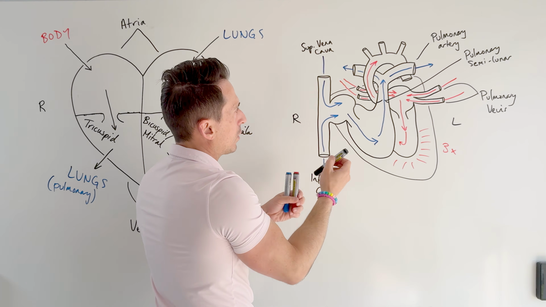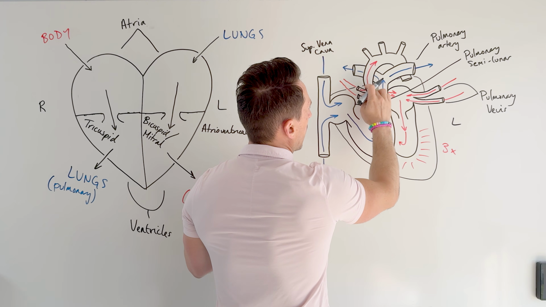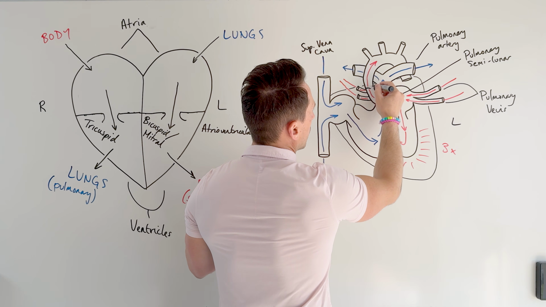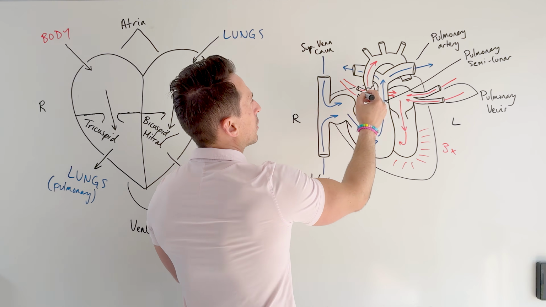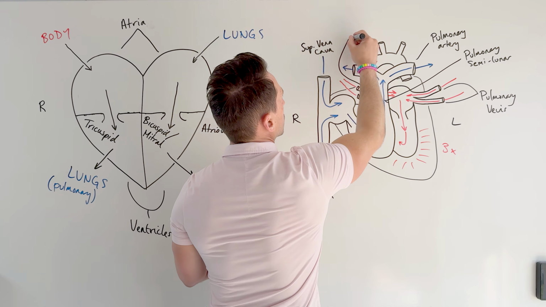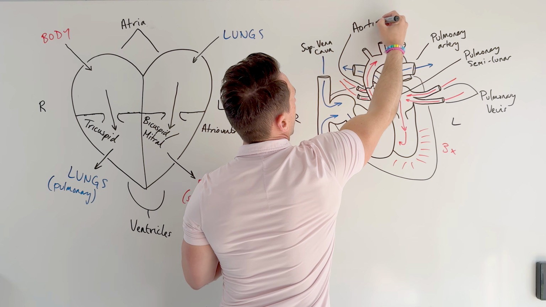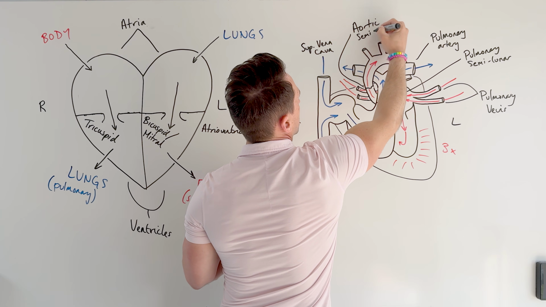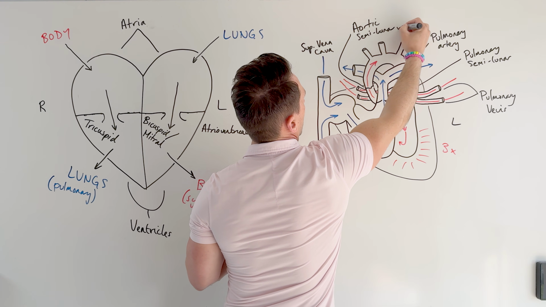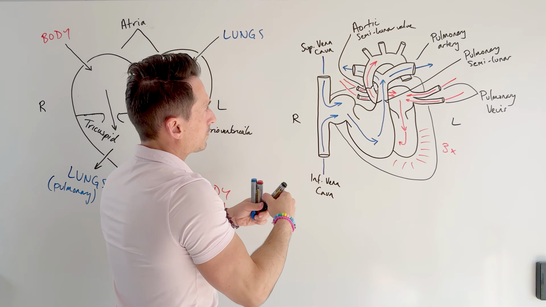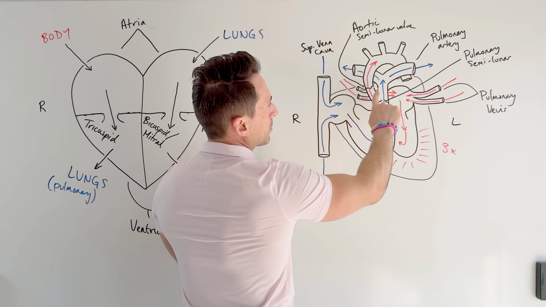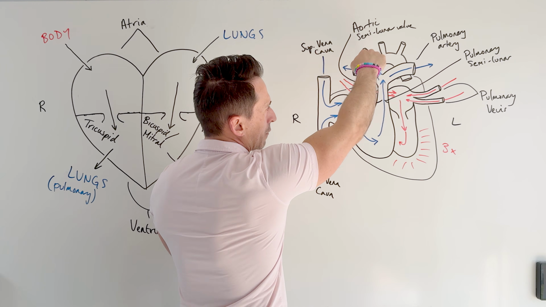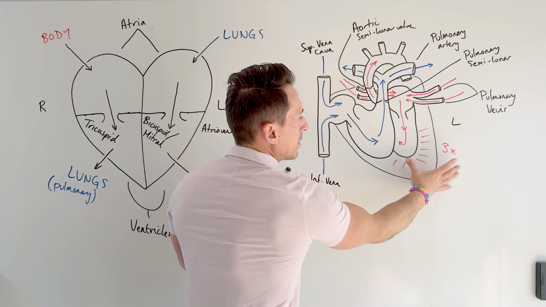Now again, the aorta has a valve called a semilunar valve. It's called the aortic semilunar valve. Hopefully this doesn't get too messy. It's called the aortic semilunar valve. Right? The aortic semilunar valve stopping the blood falling back from the aorta into the ventricle when the heart